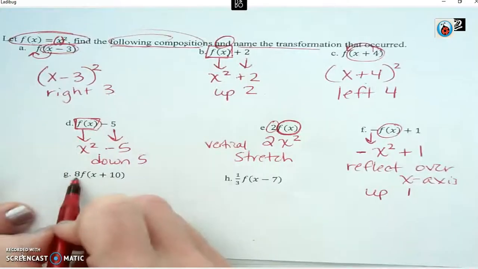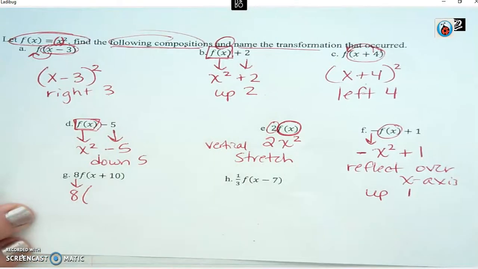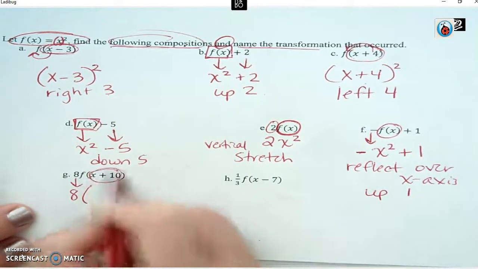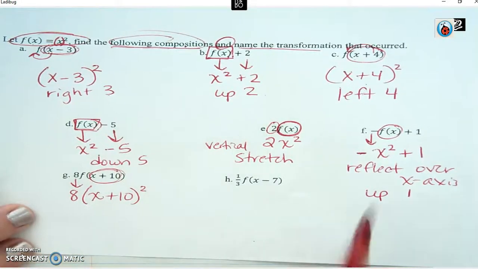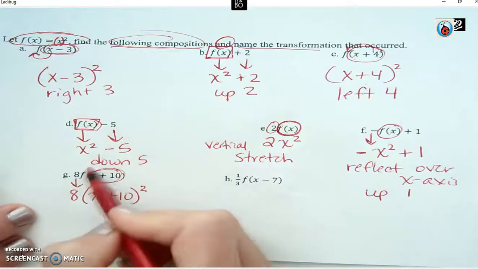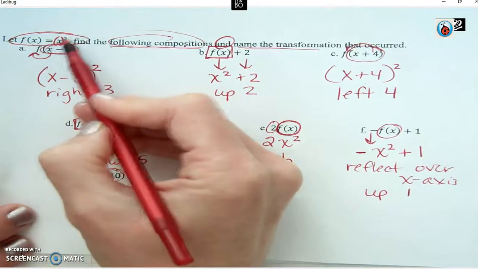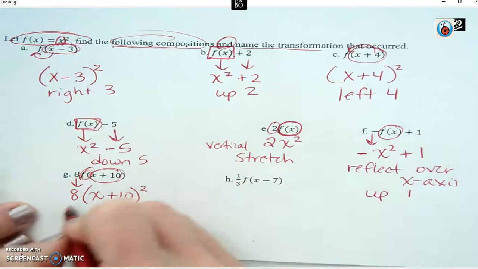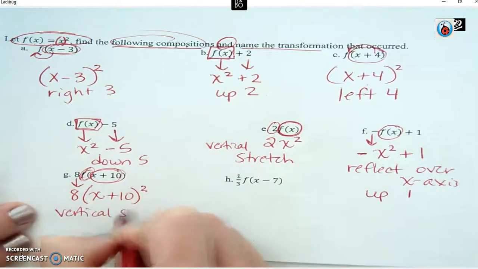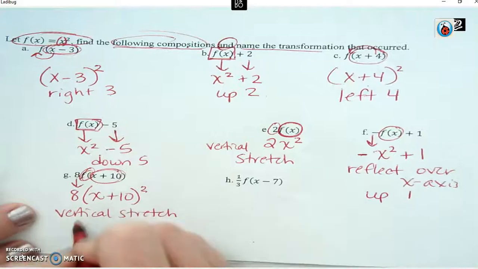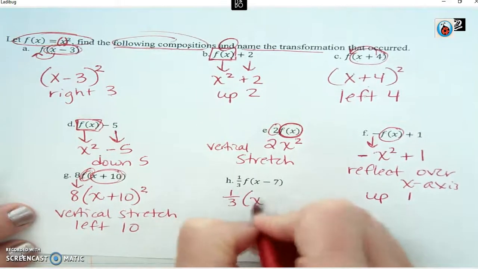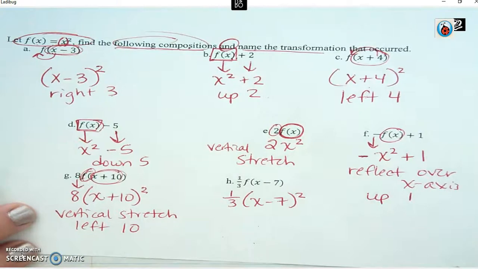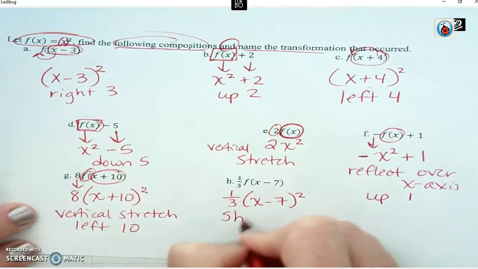All right, this one you have 8 times, and then this is in parentheses, so you keep it in parentheses. If you're wondering where the square came from, it comes from the f of x, because f of x is x squared. All right, so the 8 is a vertical stretch by a factor of 8, and the +10 moves it left 10, because you have to do the opposite. This one would be 1/3 x minus 7 squared. And this is a shrink and